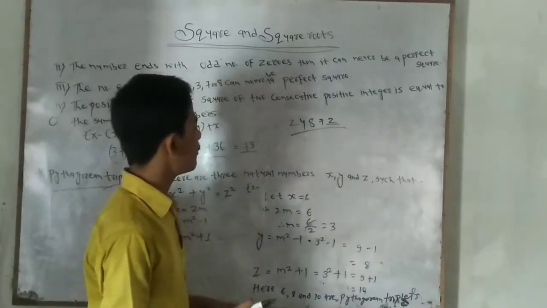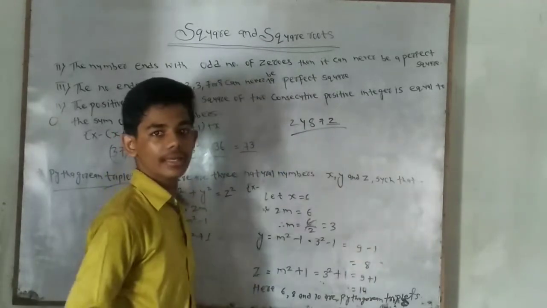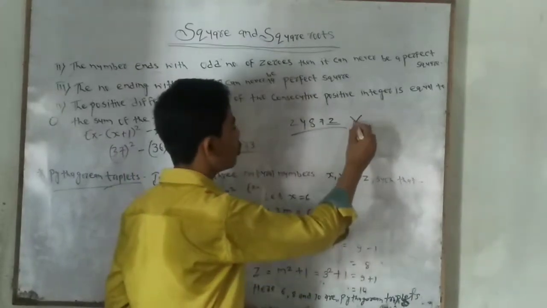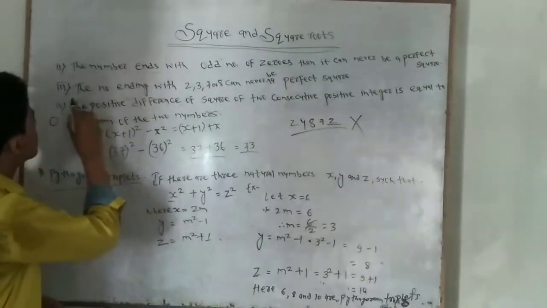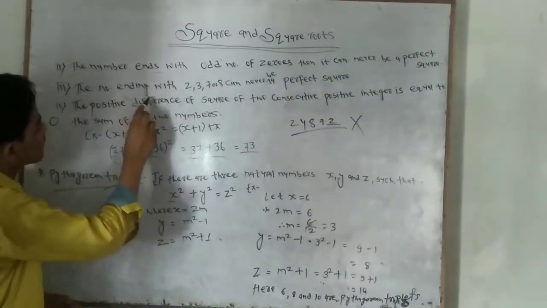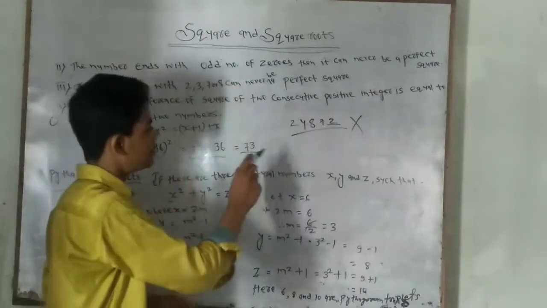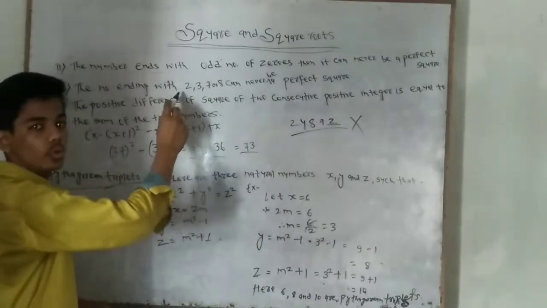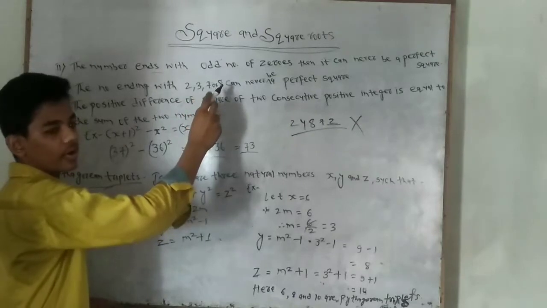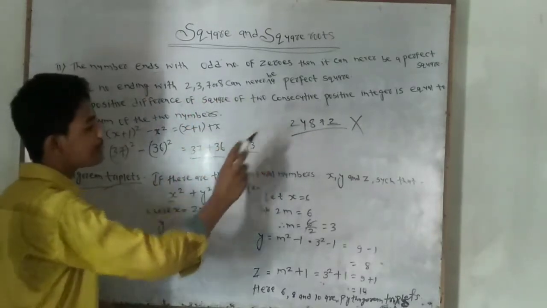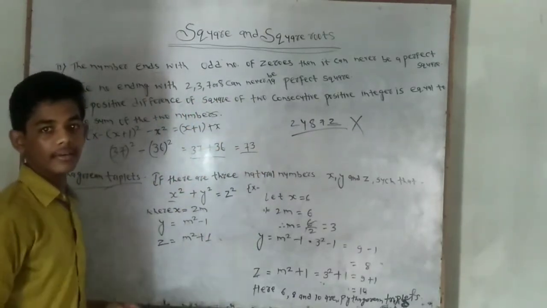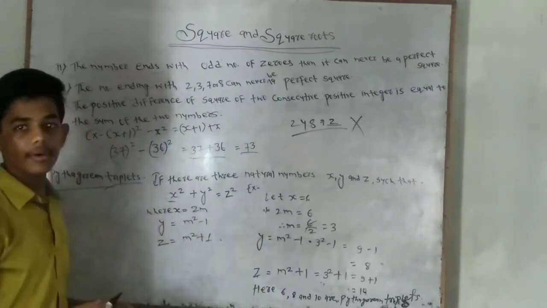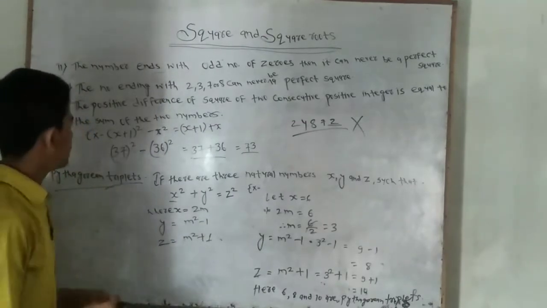If I ask whether it is a perfect square, then directly we can say no, because according to this third criterion, if a number contains 2, 3, 7 or 8 at its unit place, then it can never be a perfect square. Now the next